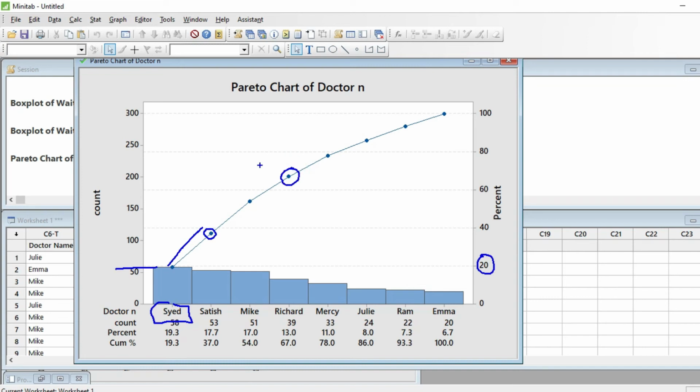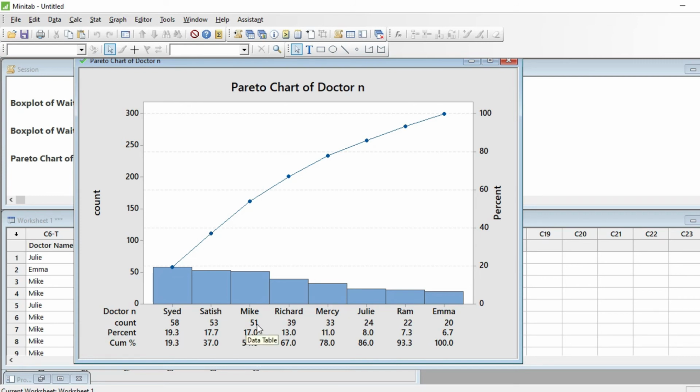And if I add Mike and Richard, it will finally come to somewhere around 70%. So let's consider this is about 80%. So if I apply Pareto principle here, if you take care of the top 20% of the reasons, you can control 80% of the effects. What does that mean?